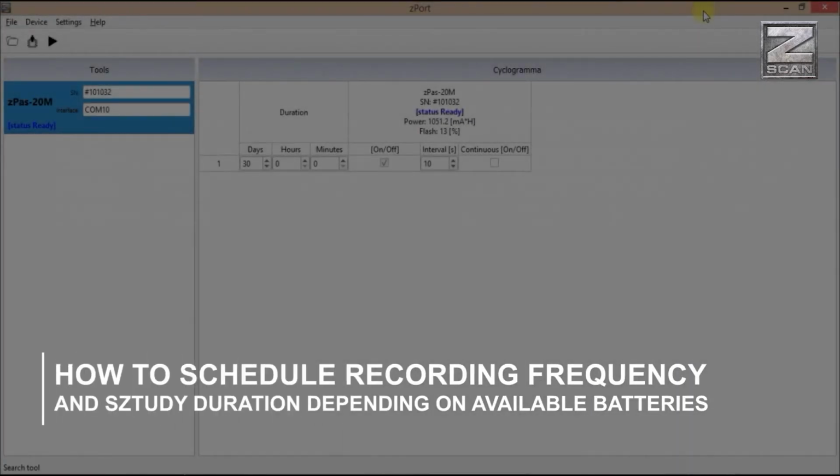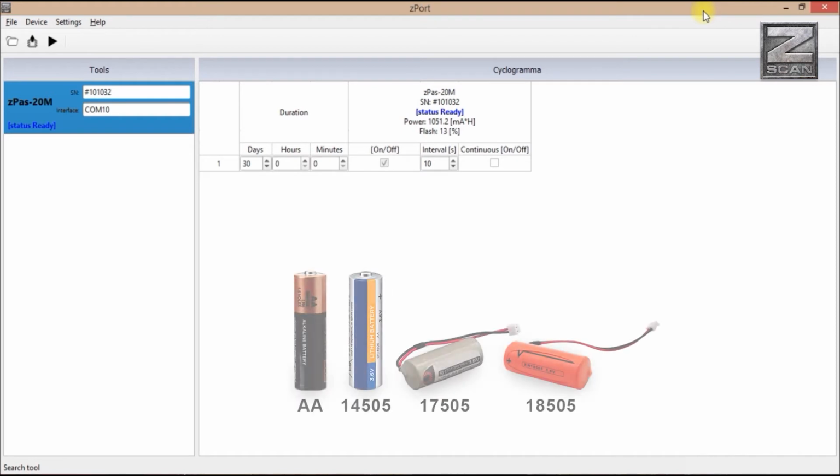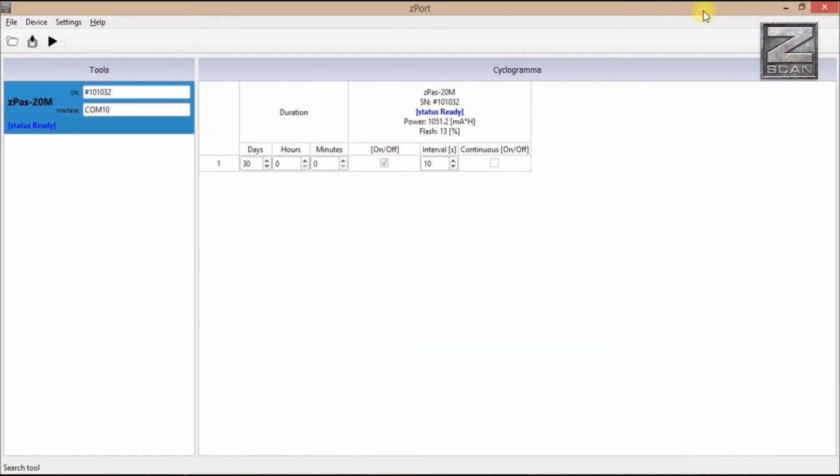How to schedule recording frequency and study duration depending on available batteries. For autonomous power supply of the gauge, lithium thionyl chloride current sources are used with a rated operating voltage of 3.6 volts. The standard size AA batteries are used: 14505, 17505, 18505. The required amount of battery capacity and the amount of memory required to perform a given cycle is displayed